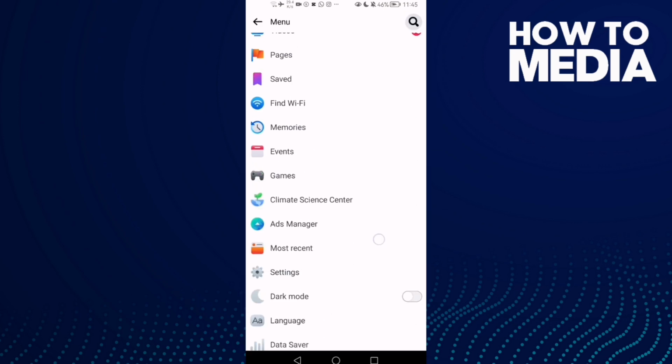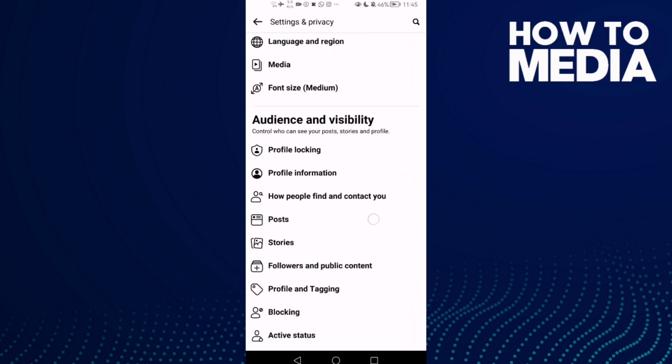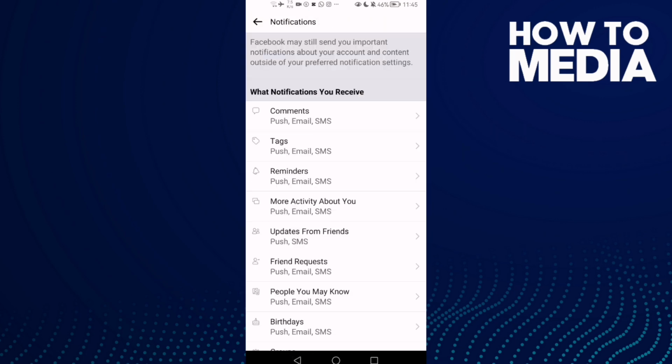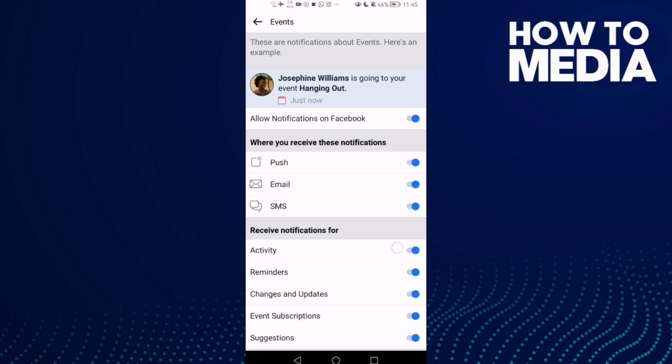First thing, go to Facebook Lite and here just click these three lines in the top corner, and after you click on it, go down and here you will find settings, and then click settings again, notifications, and here you will find events. Click on it and here you will find changes and updates. All you need to do just one click,